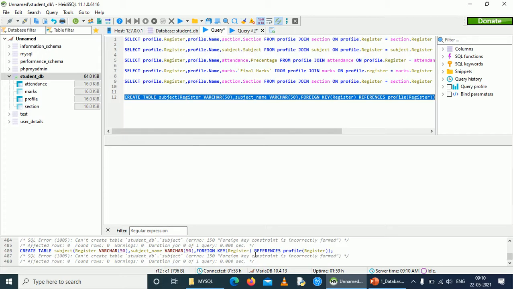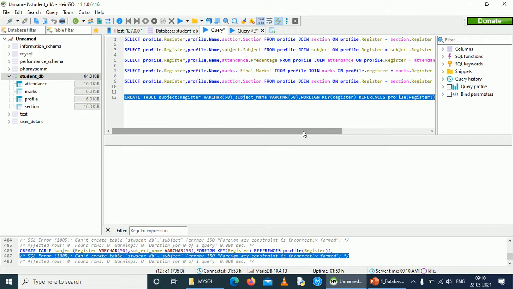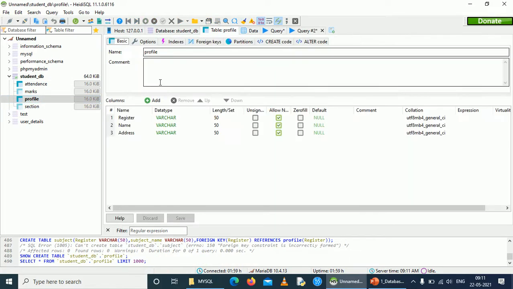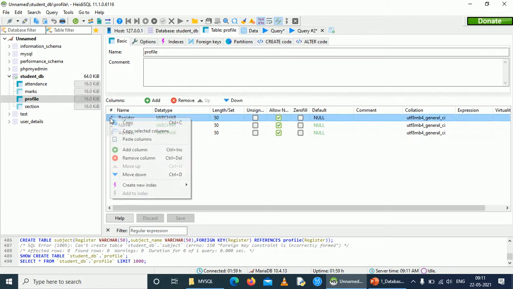So there is a reason why we are getting error in this create foreign key query, because whenever a foreign key must be set for a table, that referenced column must be a primary key of that table. So actually we have not mentioned this register column as primary key here.